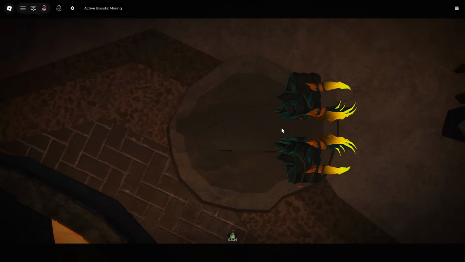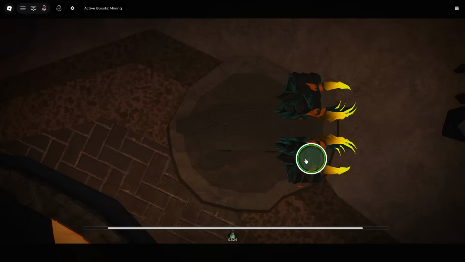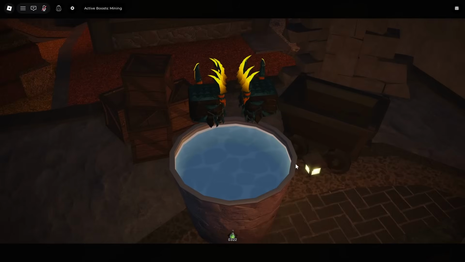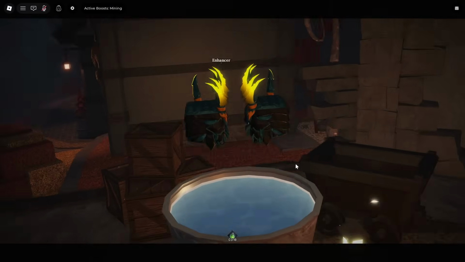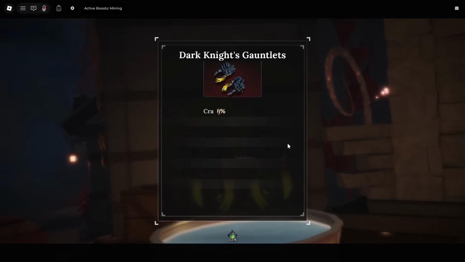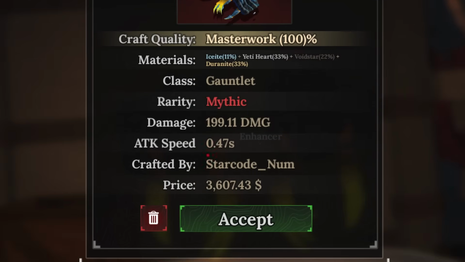Yup, there it is. This, I believe, is the Dark Knight Gauntlets. And this should still be relatively very good, although the multiplier is much lower since I didn't have Surya Falls. But come on. Please be good. I got a perfect score on it, so it's the best it could possibly be here. And as you can see, this has some really good damage. Oh my god. 199 damage, basically